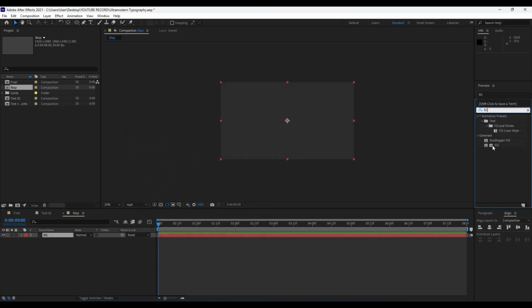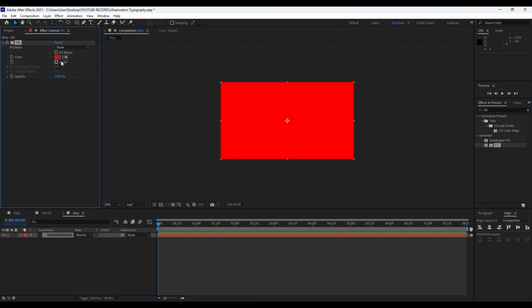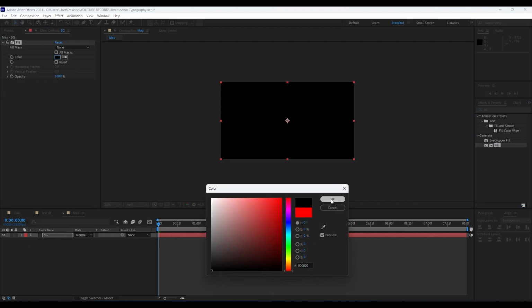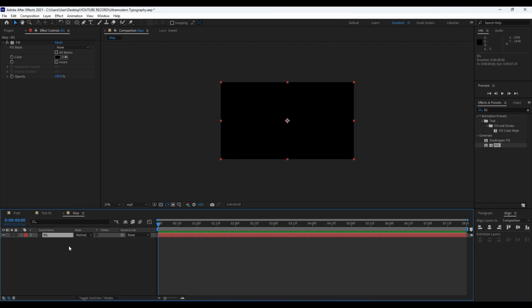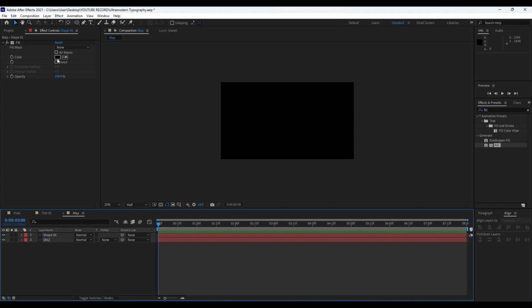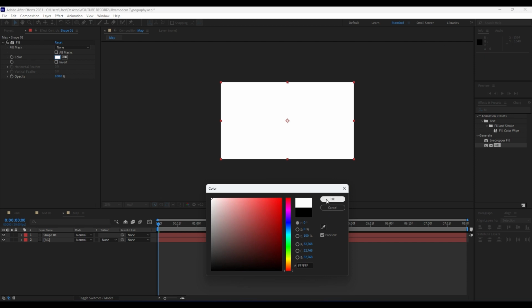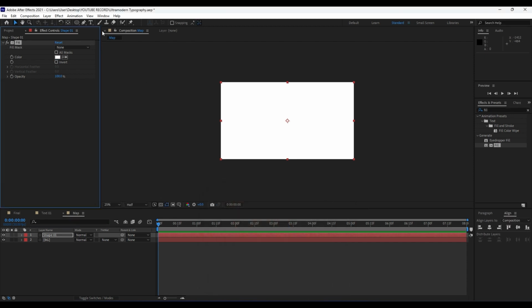This is a really important part for this background. Choose black color and also duplicate this background. Hit enter on your keyboard and I will rename it shape 01. For this fill effect, choose white color and then hit Q on your keyboard a few times to find this ellipse tool. You can also hold the left mouse button to see this pop-up menu, find here ellipse tool,